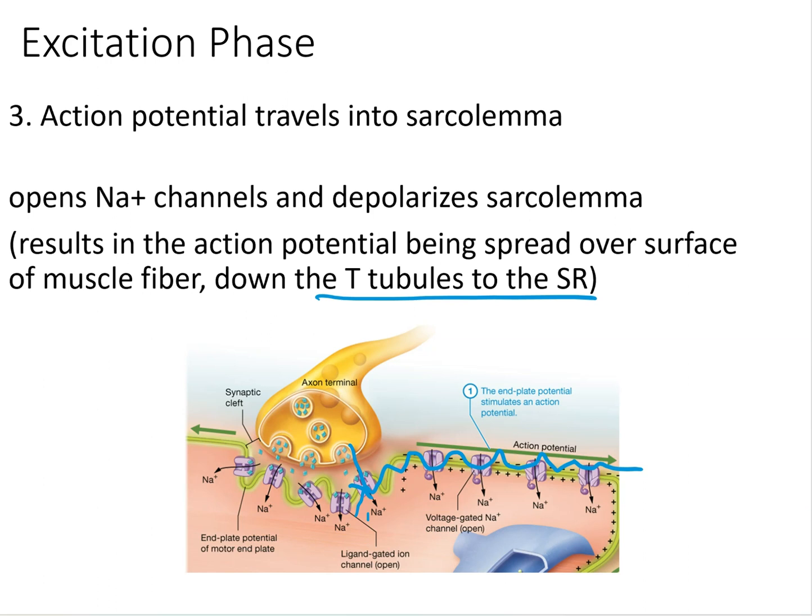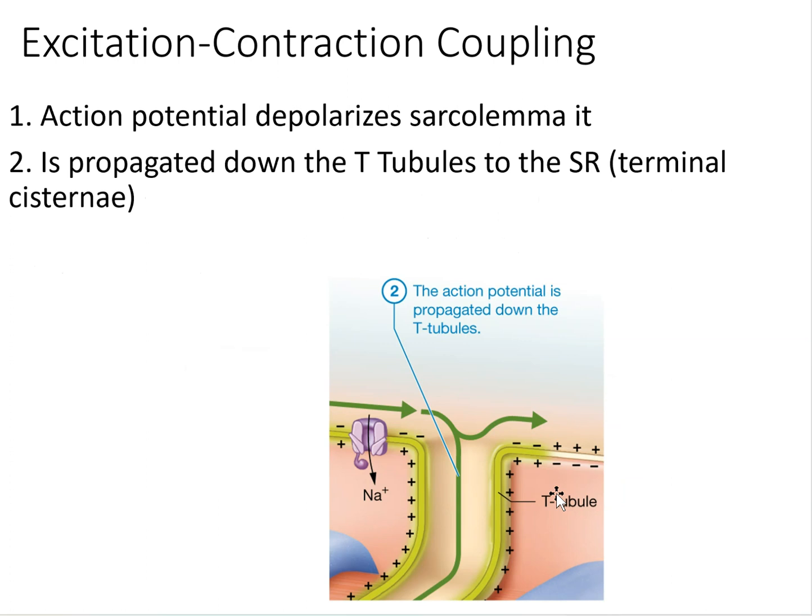So now we have this action potential going across the entire sarcolemma. And as it passes through, it depolarizes it. So now we're in the muscle. So excitation, contraction: this wave, this action potential, is in the muscle. It goes down the T tubules. So number 4 in your notes is propagated down the T tubules, they're the channels, all the way to the